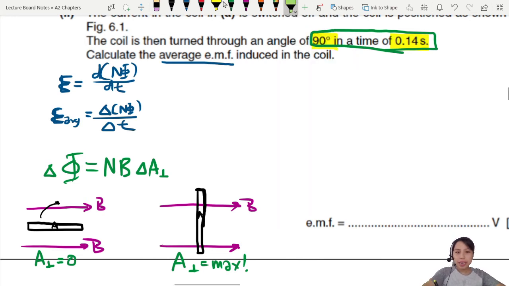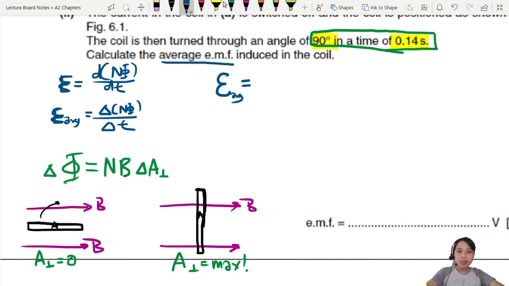So where's the area? There, from here all the way to here. In the beginning, where's the area? Don't have this one only. It's only the wire, so not considered. So that is a change in area there from 0 to something very big. So let's see how we can calculate this EMF induced. So let's write it out. E equals to average